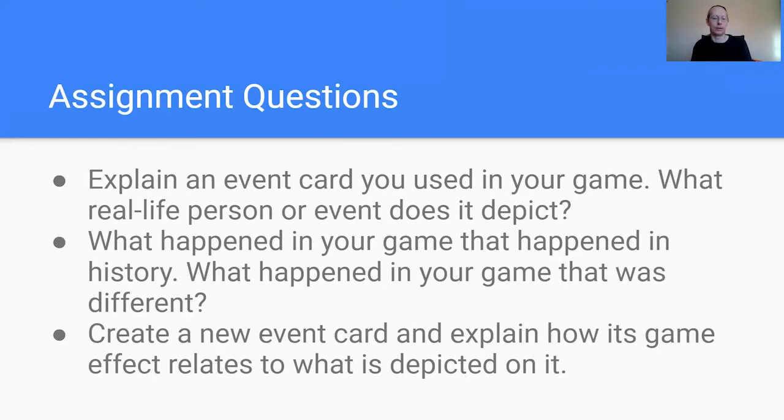exaggerated by British propaganda, who would have used that to shock the Americans. They would have talked that up a little bit. But the overall effect was that they were terrified by them. So playing that card allows you to get some of the potentially American troops to run away before the battle starts. The Isaac Brock card, for example,